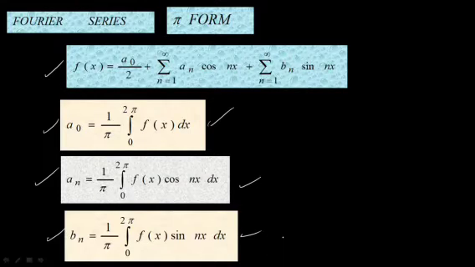So just go through this formula once again. This is a very important formula. Most probably we have to discuss here the problems under 0 to 2 pi alone now. So here the function is also given in the interval 0 to 2 pi. So you are going to just recall this. Just remember this general form of f of x along with a0, an and bn.